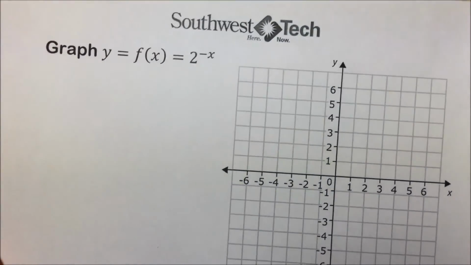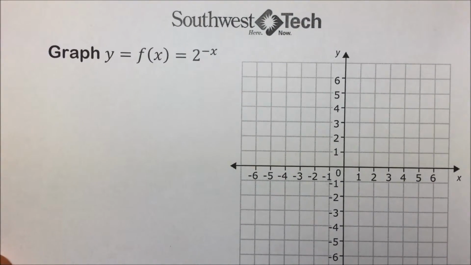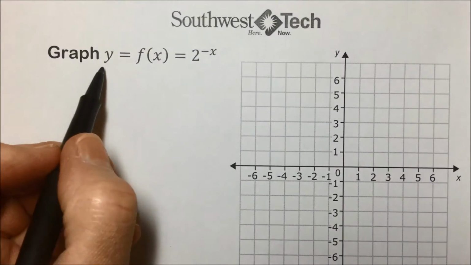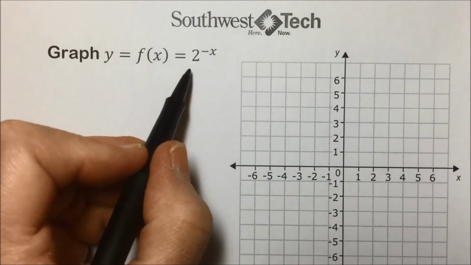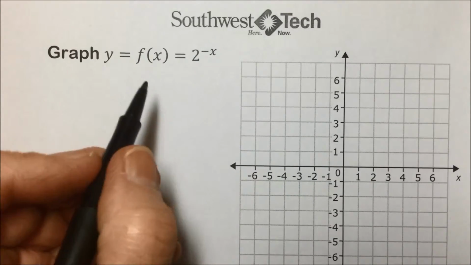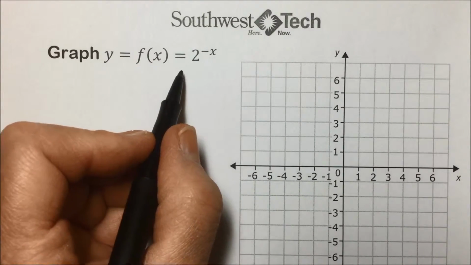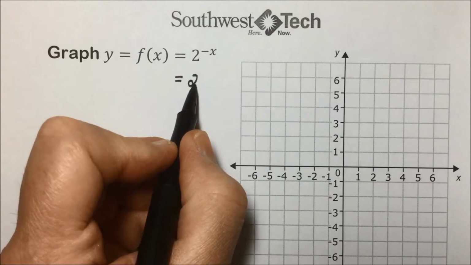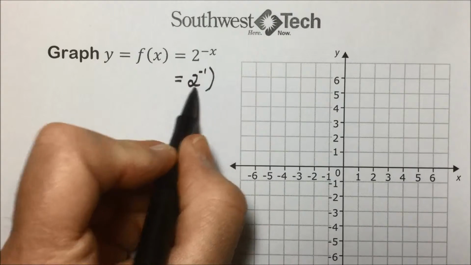Let's take a look at another exponential function. Here they're asking us to graph y equals f of x, in replacement for the function notation, is equal to 2 to the negative x. And to help us see how this is different than the last one, anytime we have a negative exponent, we